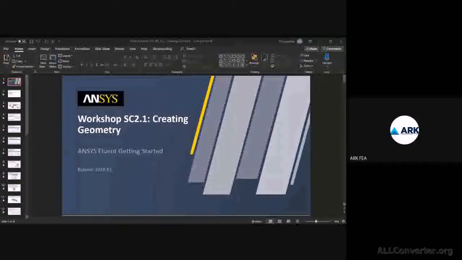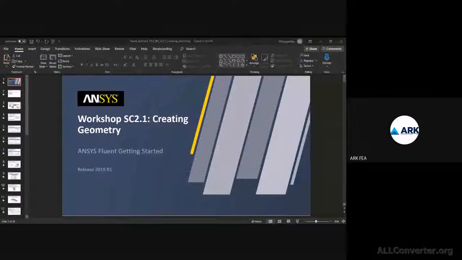If you are getting started with CAD for the first time, you can just use the SpaceClaim tool, and you can design your simple geometries. And coming to the part of complex geometries, you can also use any other CAD tool if you are familiar with it, and you can incorporate the geometry into Workbench and continue to take it further for the simulation part, right?